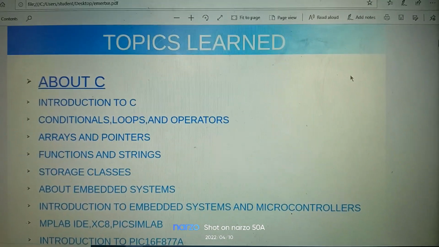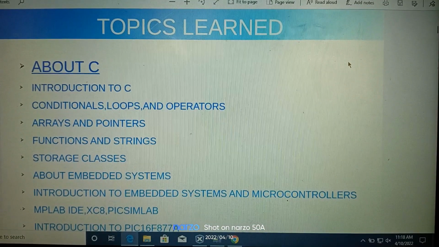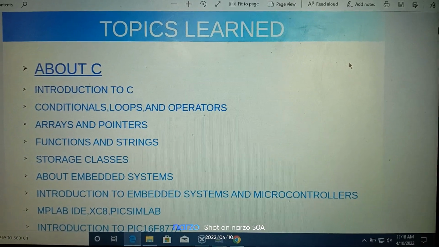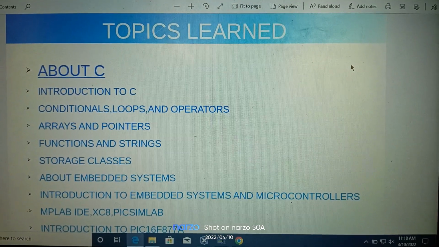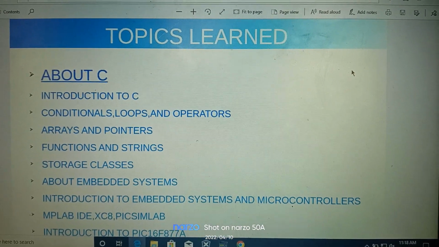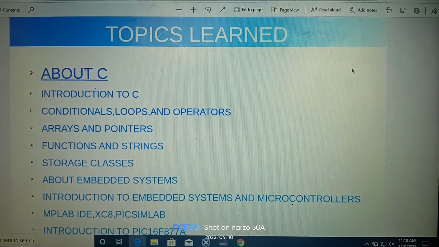In the first week of the internship, we learned about the C programming language. It starts with an introduction to C, conditions, loops and operators, arrays and pointers, functions and strings, and storage classes. We started from the introduction and went up to advanced topics. And then in the next week of the internship, we learned about embedded systems,